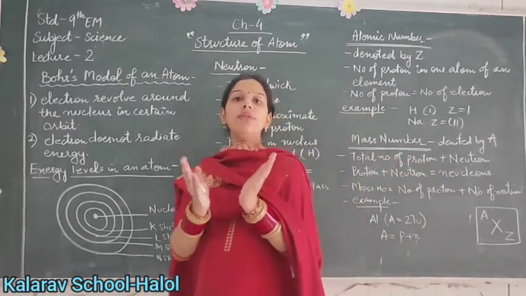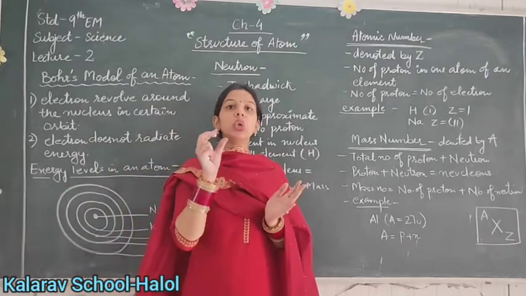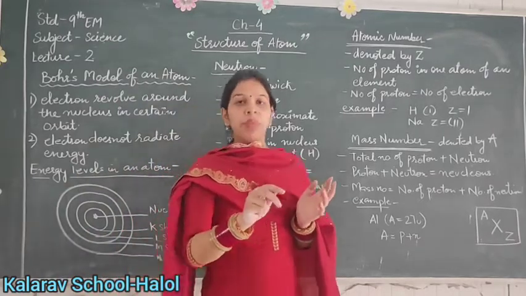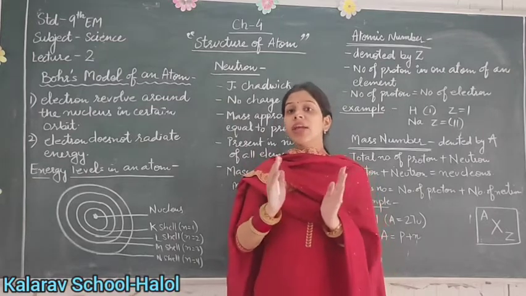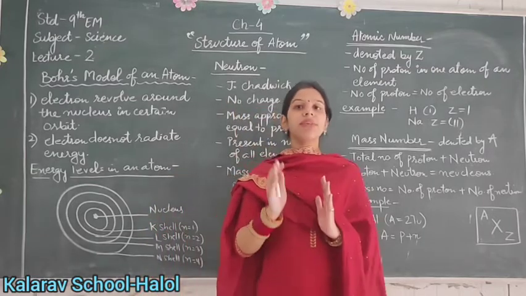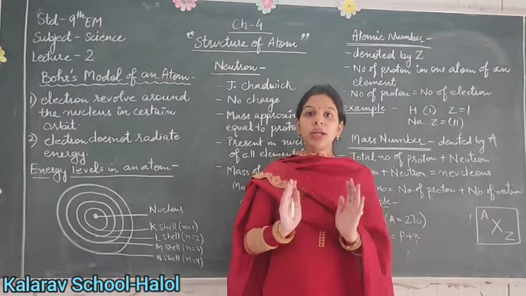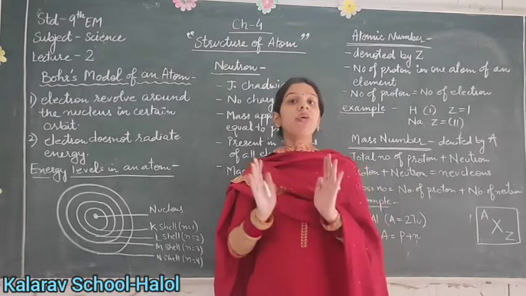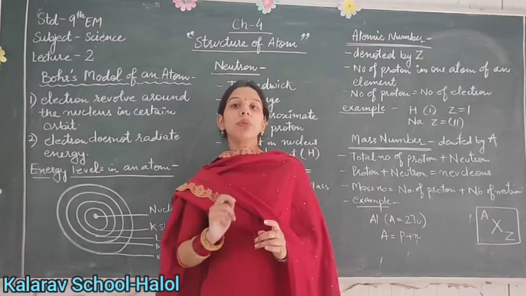So overall we can say that the atom is spherical in nature, the nucleus is present in the center and the electrons revolve around the nucleus in a fixed orbit, and that fixed orbit has fixed energy. So the model shows the stability of the atom that is not shown by the Rutherford model of an atom.